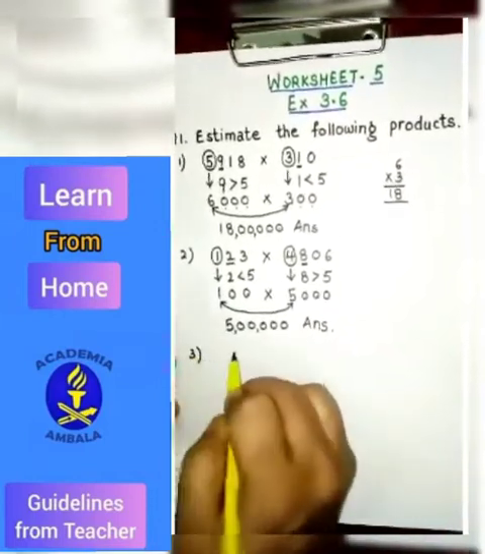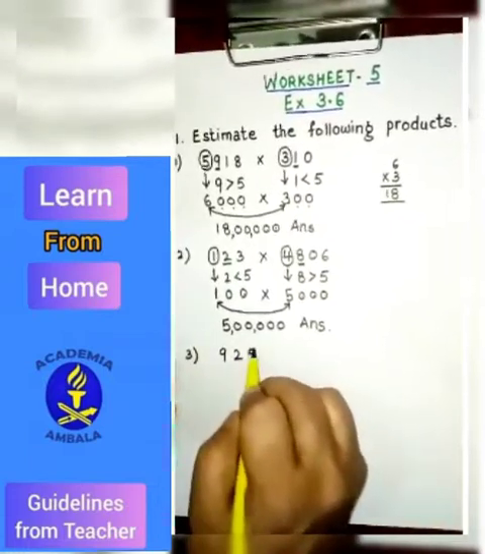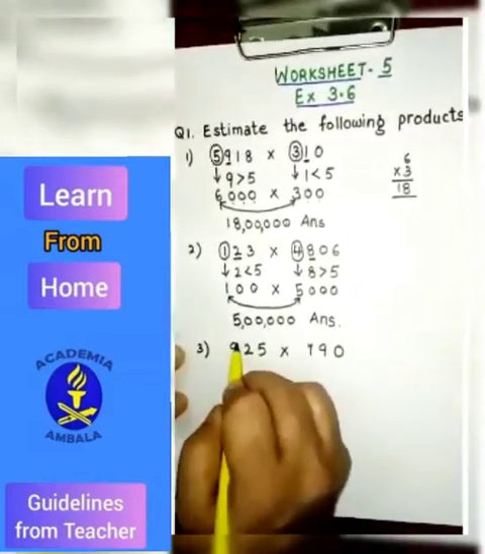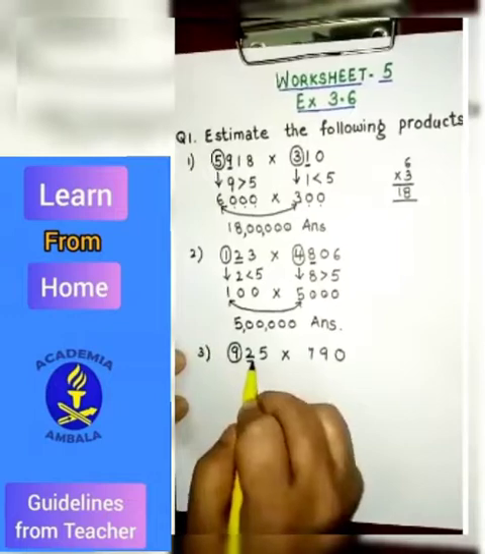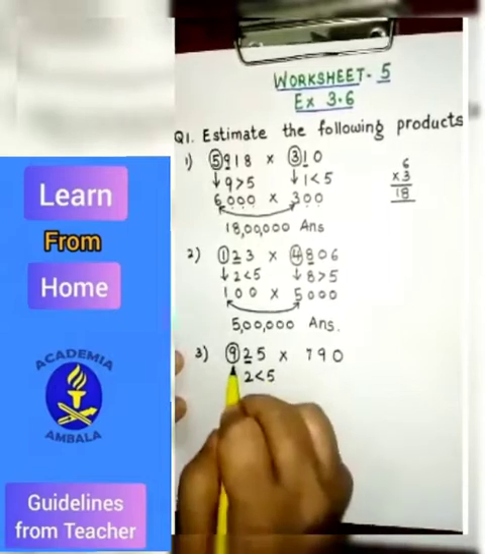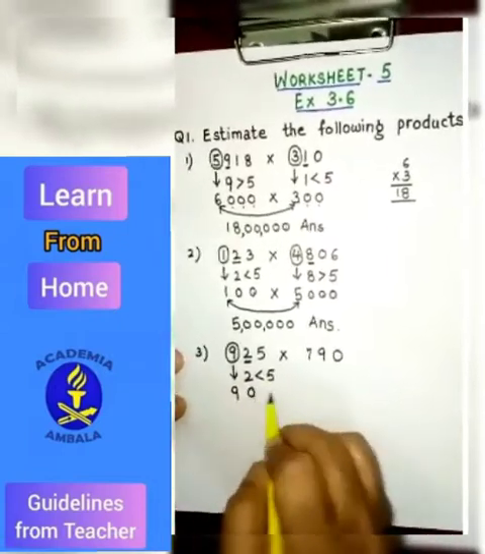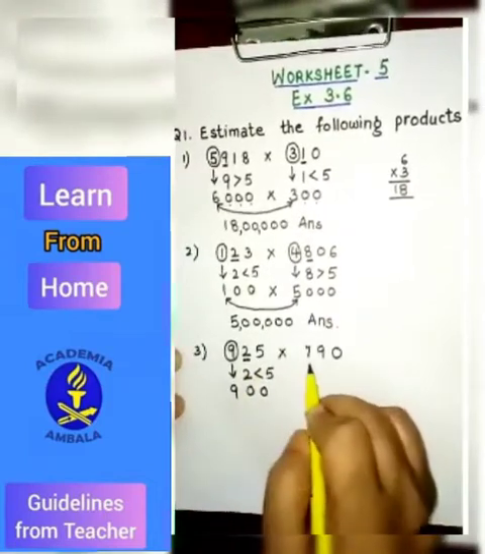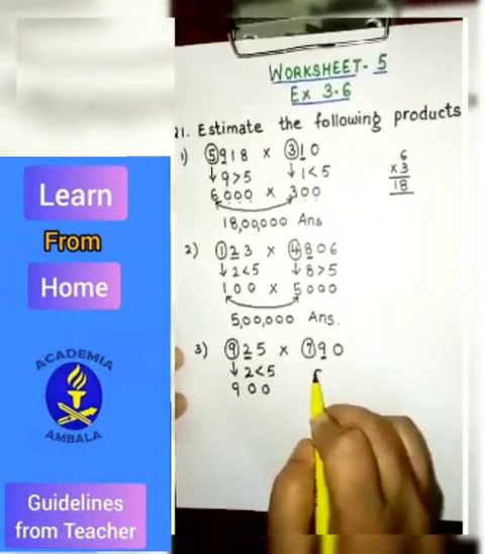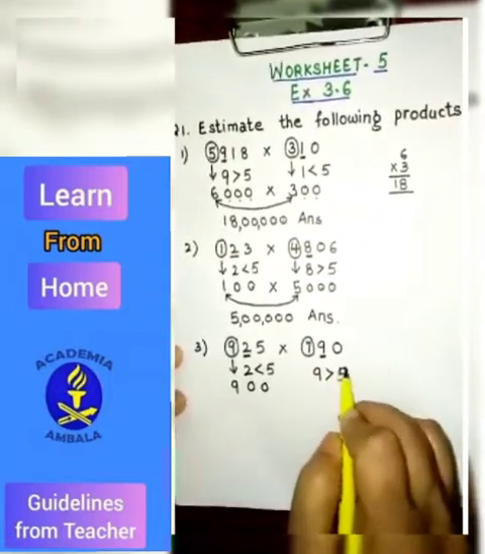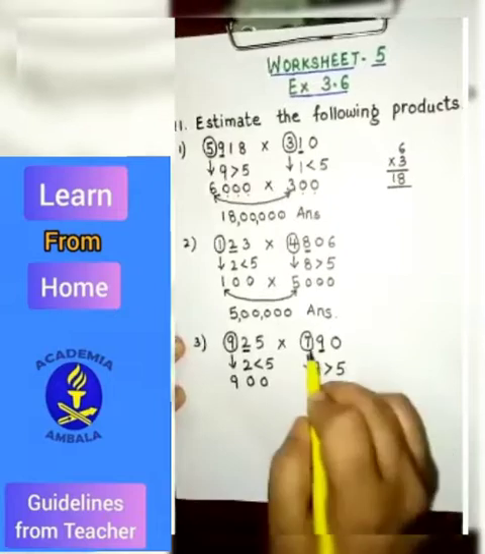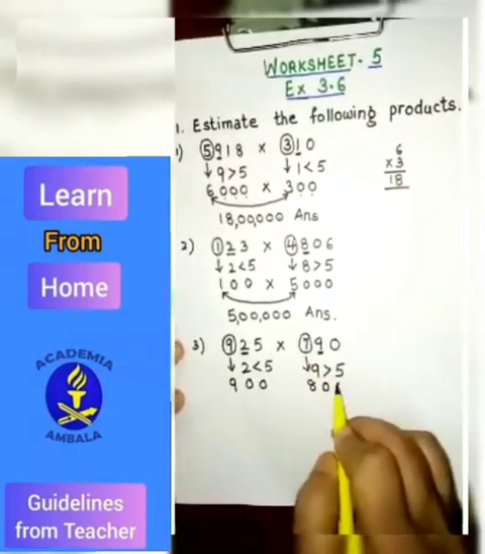Another example of this is 925 when multiplied by 790. Here it is, the first digit is 9, the second digit is 2, and 2 is again smaller than 5. So the same digit will be copied down and number of zeros will be added. In the next number 7, the next digit to it is 9, and 9 is bigger than 5. So when you are going to write down the number, it becomes 8. You are going to add 1 in this and this becomes 800.